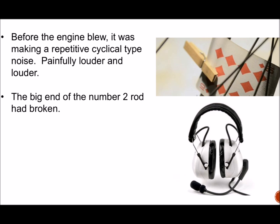And I did have headsets on when we first started out at our tender ages in flying. Hardly ever used headsets, didn't have intercoms, but anyway, I could hear radio contact, which turned out to be really good, with my headset on, but it was extremely noisy even with the headset on, from the noise produced by the clamor up front in the engine. The big end of the number 2 rod had broken, and